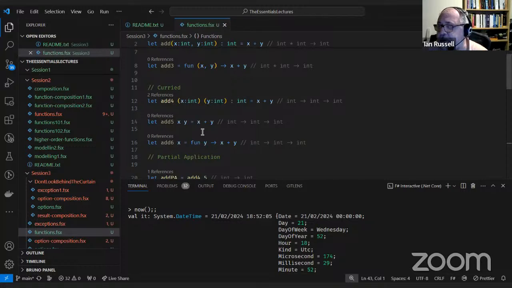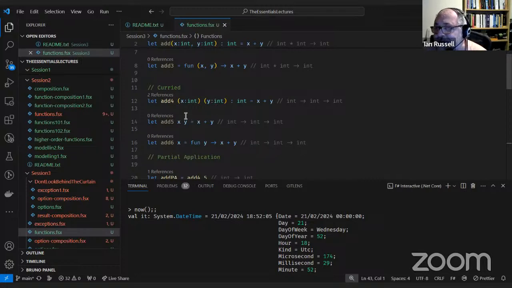Most of the F# core uses curried parameters. When we come to next week, when we do collections, you'll find that basically everything is curried because the collection is passed as the last parameter all the way through most of the functions that are used in collections.